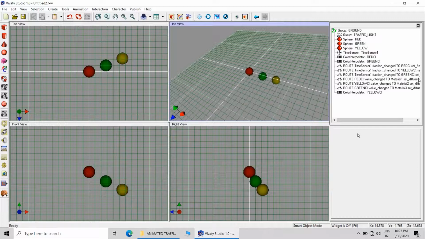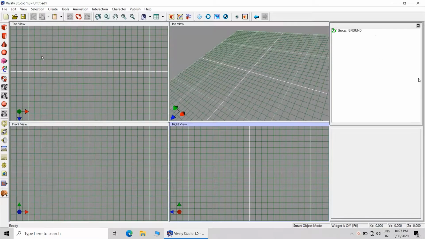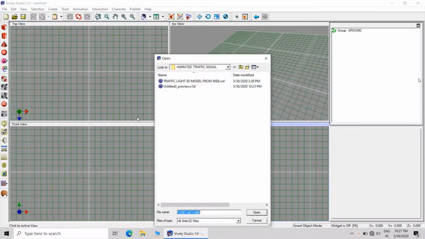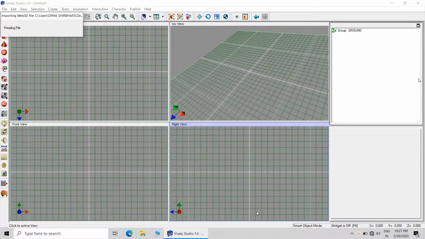Meaning the entire body, we will download the body and bring it into this working file, and then we'll adjust the position of the spheres. So the best method is that you open a scratch file instead of directly importing the file into the working file.